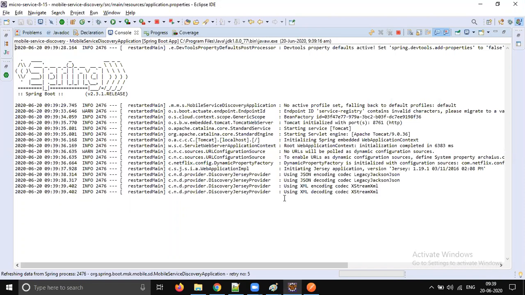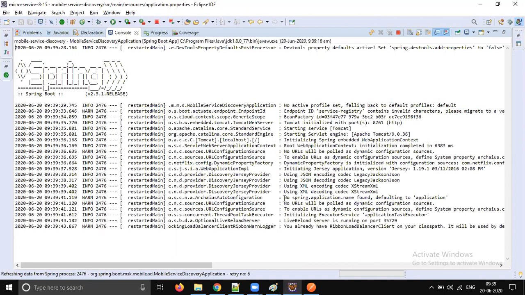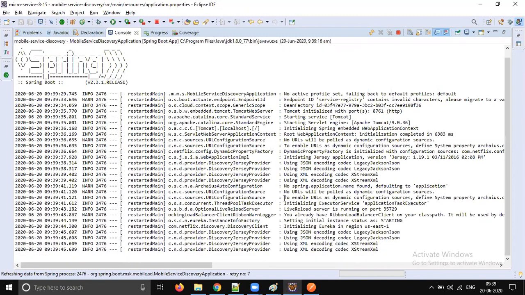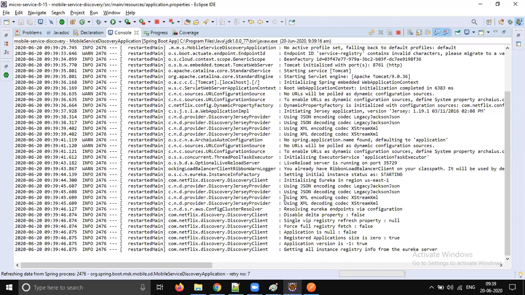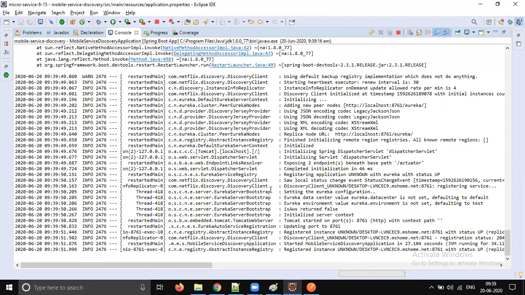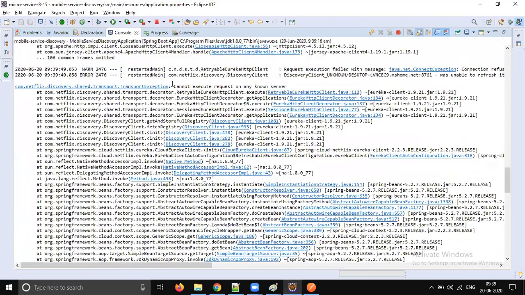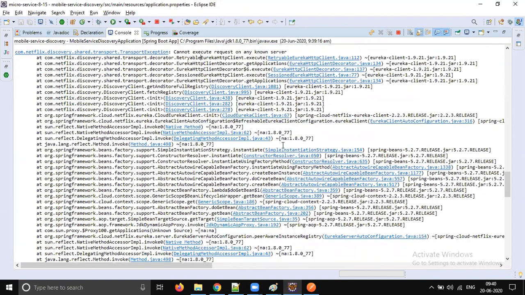So what is the second line fetch we have added? False. Those two are for connecting to the service registry. One is: if this is not a client, don't connect it to the registry. Okay. You see that there is an exception, right? It's just because it's trying to connect itself as a client. So the server itself will try to connect to the same registry. That is the problem.